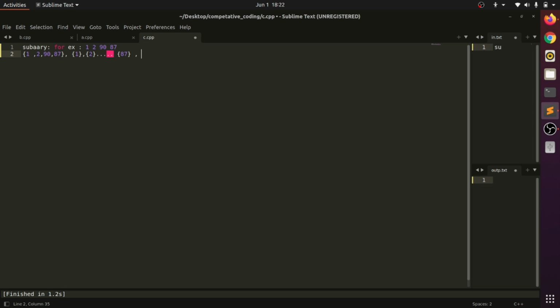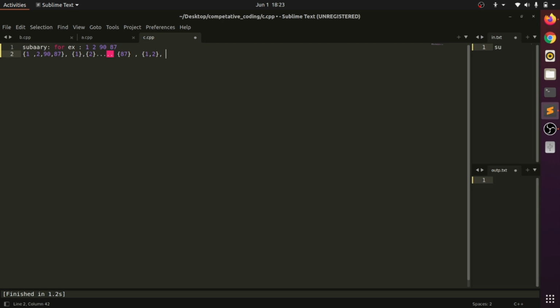Then more subarrays will be 1 2, then 2 90. It can't be 2 87, because I said that it is continuous. Continuous means after 2 comes exactly 90. We don't have to skip any index, so that doesn't fulfill our requirement, because we are saying continuity.